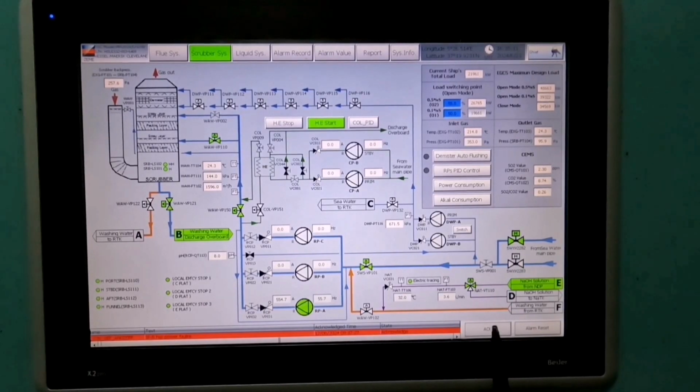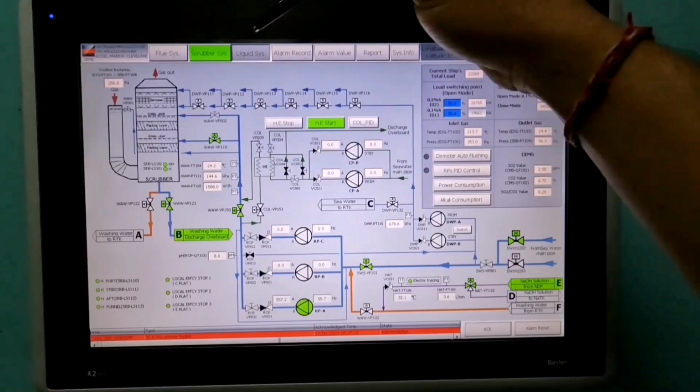Also, it generally never happens that the pH of the inlet seawater is high. But in any case, if the pH is high, we have this NaOH solution dosing tank. From the tank, this NaOH solution comes, and this valve will open, and then it will be added in case the water on the suction side is more acidic. But this is a rare case, it never happens. I have never experienced such a thing.